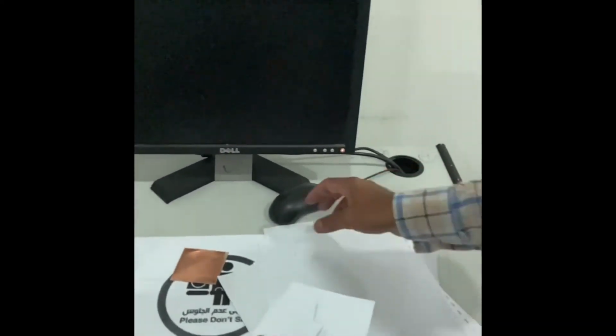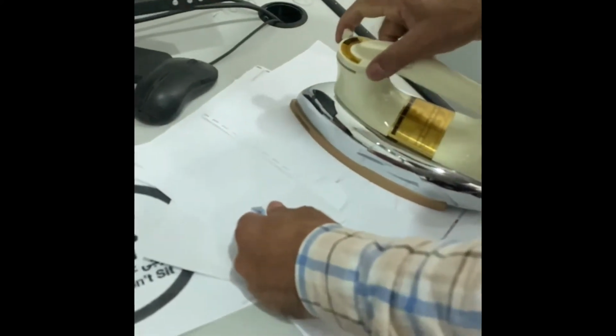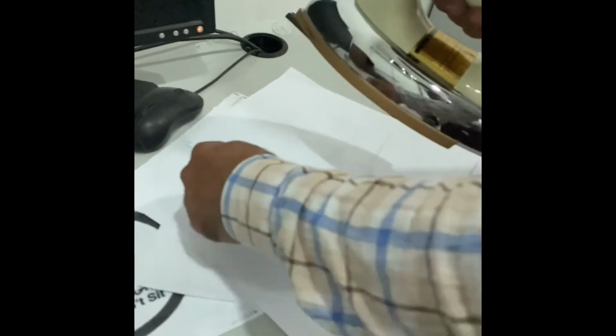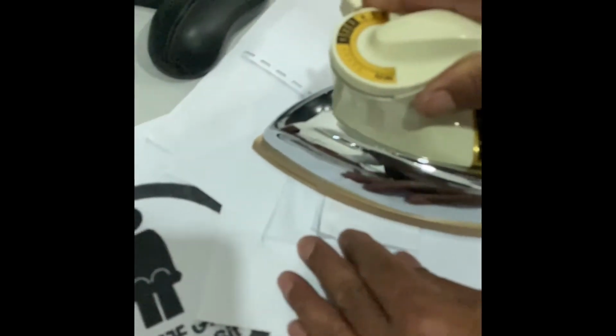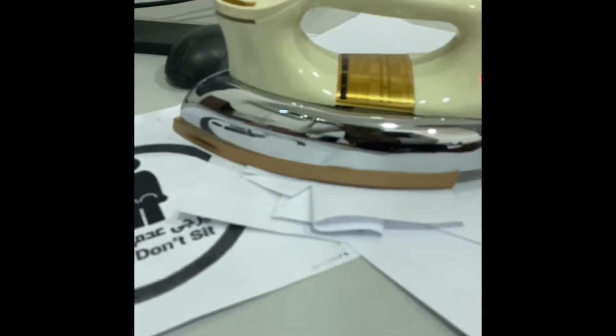Okay, this we need to iron now. Come to iron now. I will keep something down here. Keep it like this and make the iron. Keep it for 1 or 2 minutes.